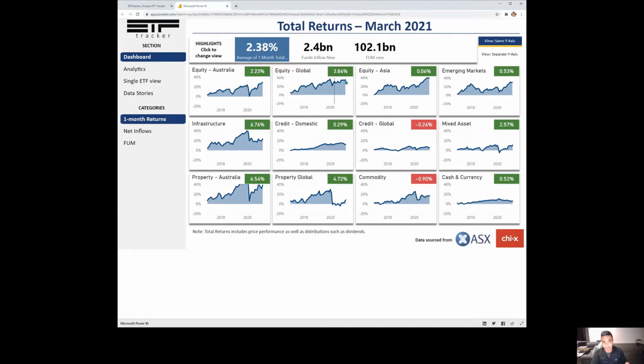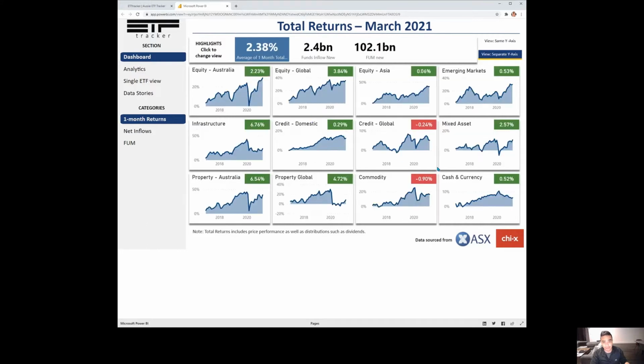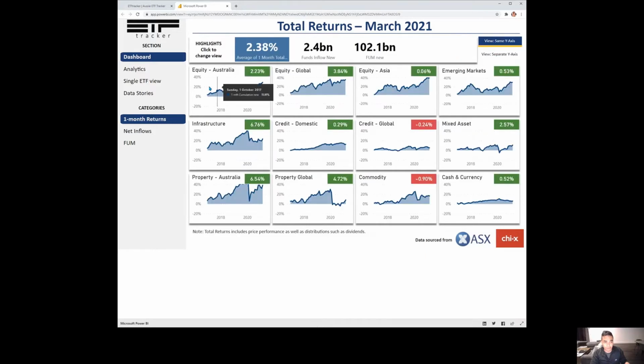So not individual ETFs, but the 200 plus that are on the Australian Securities Exchange, as well as Chi-X. They go into these different categories, and you can view it in terms of, say, 1 month return performance. You can view it as separate axes or the same, so it defaults to the same. If you click on separate, you can see how they move around a little bit in more detail. It's not too bad for the performance returns, but it does make a change when you look at inflows